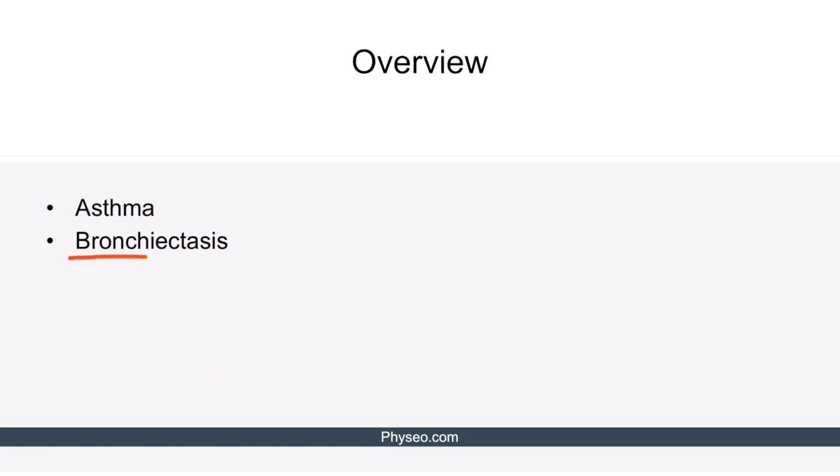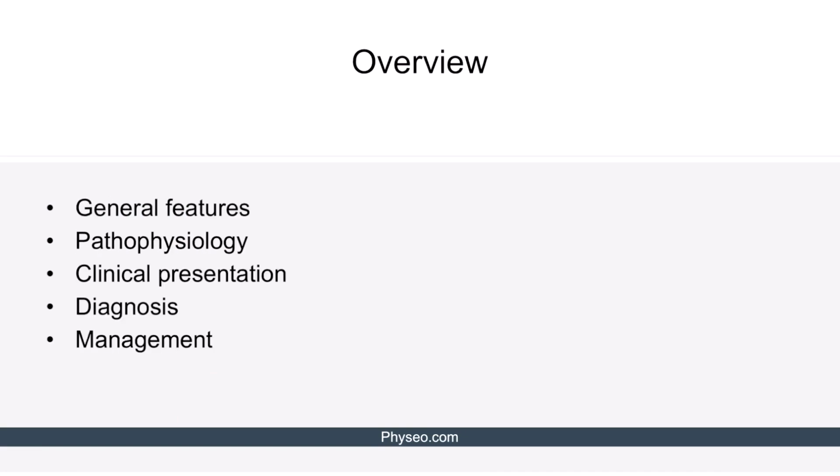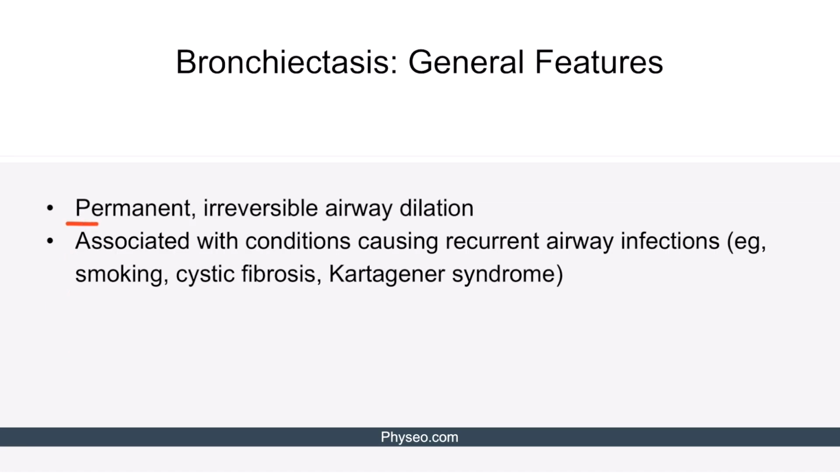Let's discuss bronchiectasis. For bronchiectasis, we will talk about its general features, pathophysiology, clinical presentation, diagnosis, and management. Bronchiectasis is a persistent, irreversible airway dilation. It is associated with behavioral risk factors and conditions causing recurrent airway infections such as smoking, cystic fibrosis, and Kartagener